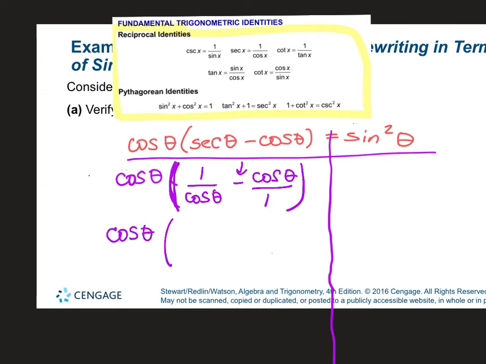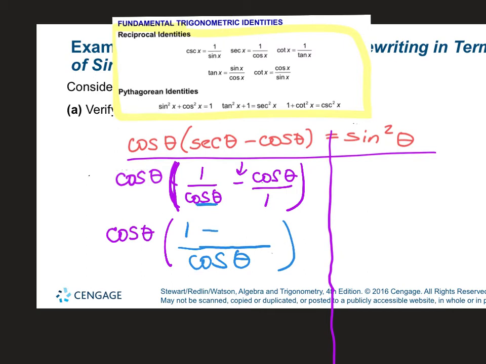Now, I'm subtracting fractions. That means I have to get a what? A common denominator. Good. We're going to use our same math rules that you guys have used 100 times. You're going to start to see things repeating themselves. What's a common denominator between cosine theta and 1? Cosine of theta. Okay, agreed. So I have cosine theta. Now, I need both of my fractions to be the same. So this one already has the cosine of theta. I can rewrite the 1